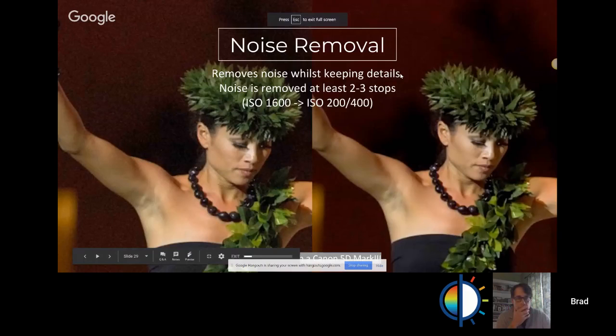Yeah, so here, this is a slide. I'll just maximize it here on noise removal, for example. And in essence, what we do is we remove the noise, we keep the details. So noise is removed at least 2 to 3 stops. So an ISO 1600 can be ISO 200 to 400. This particular example, I took this, it was at